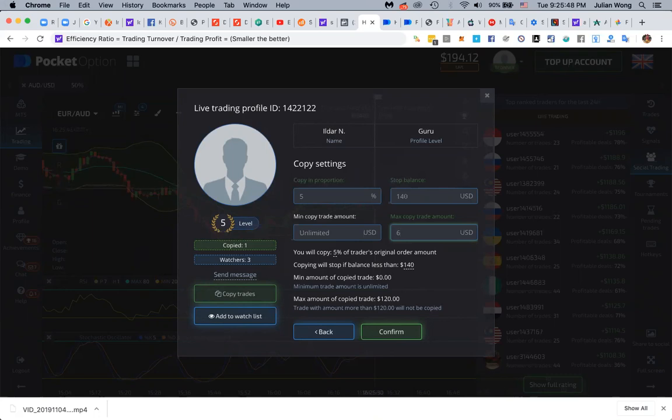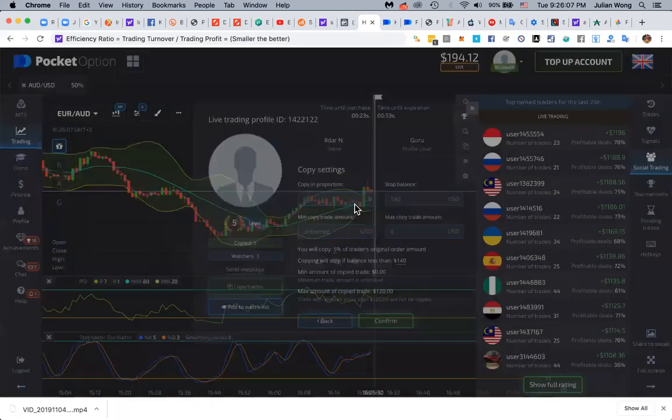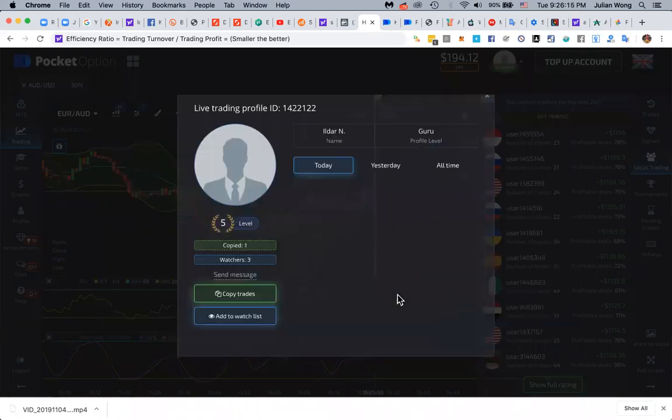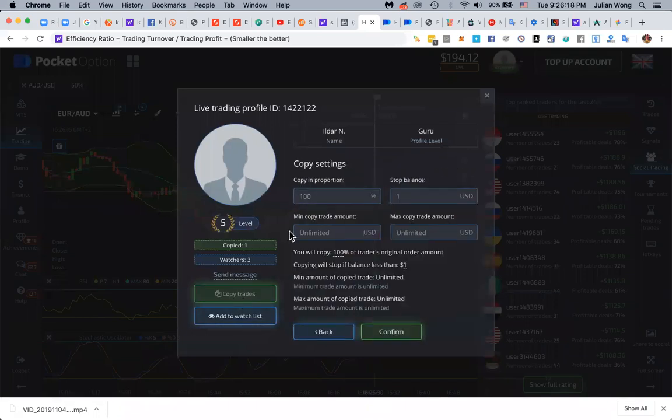So now I'll give you another idea. If I copy in proportion, 5% means 5% of his trade, not his account, his trade. So people trade very differently. And by the way, let's watch something here, okay? If you do the default settings, let's say if I close this and I get on the same guy, I know it's still down, right? Okay. One sec. Watch this. If I copy the trade, I tell you, if you do these settings, you are going to kaput your account super fast.